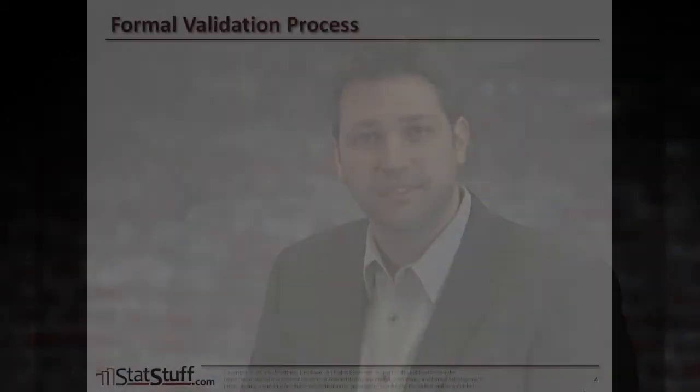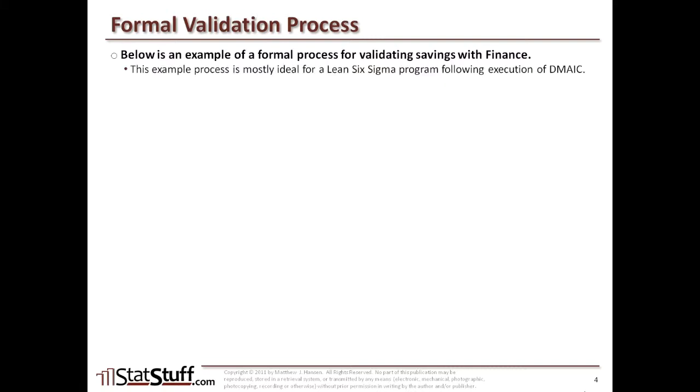Some organizations follow a formal process for validating financial savings in the business. So what I want to try to walk through here is an example of a formal process that might be used for validating savings with a finance group, and this might be for an organization that has a larger Lean and Six Sigma type of program, and when you have a project that runs through the program, like through a DMAIC methodology, then this might be an example of how you might go through the validation process